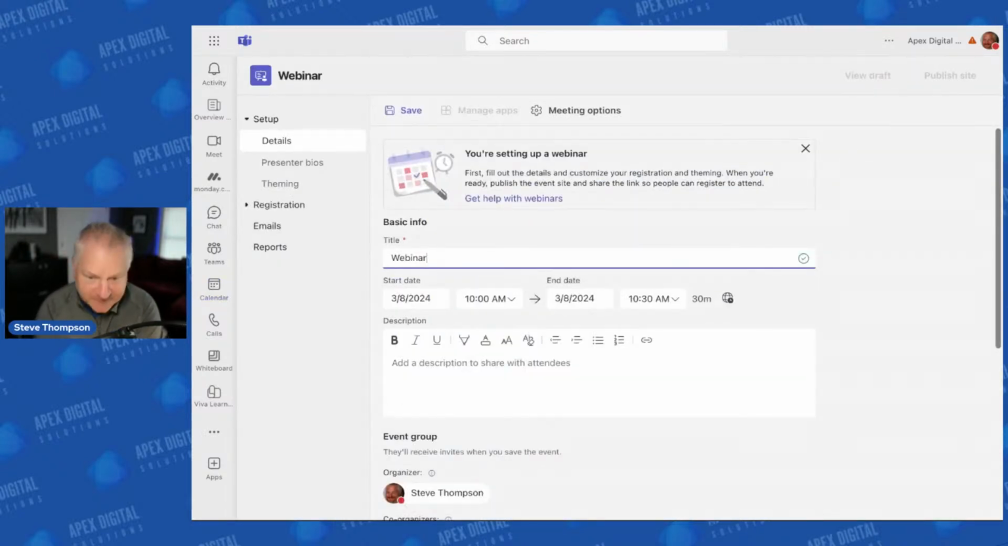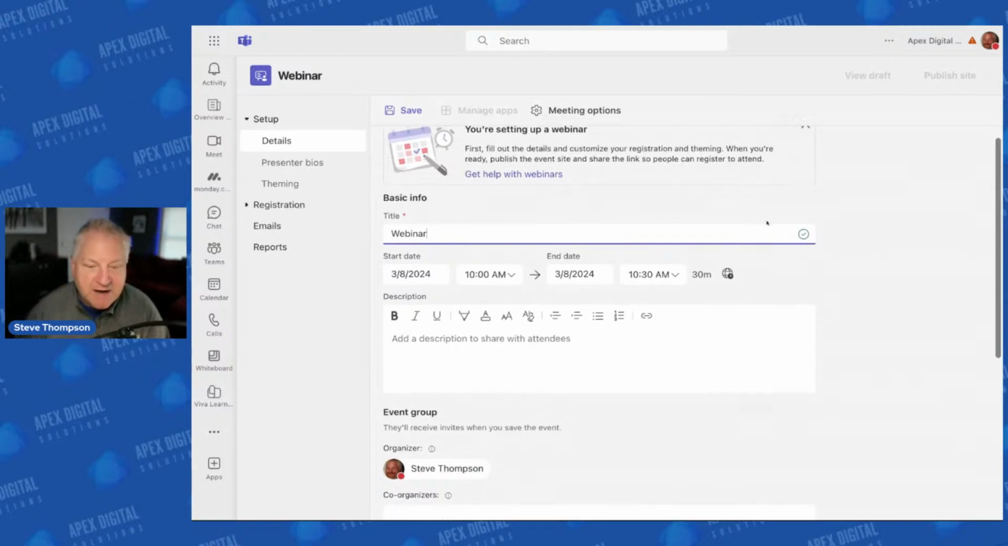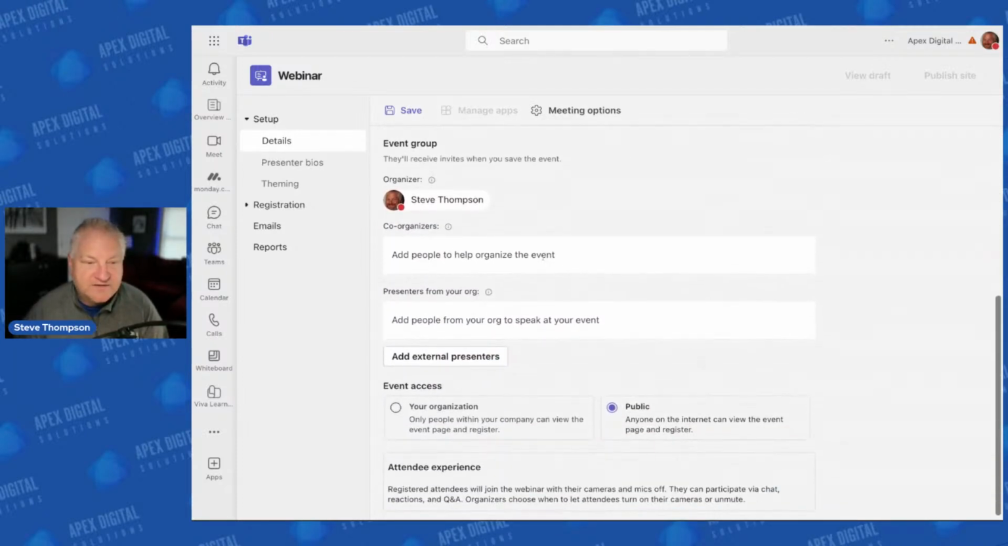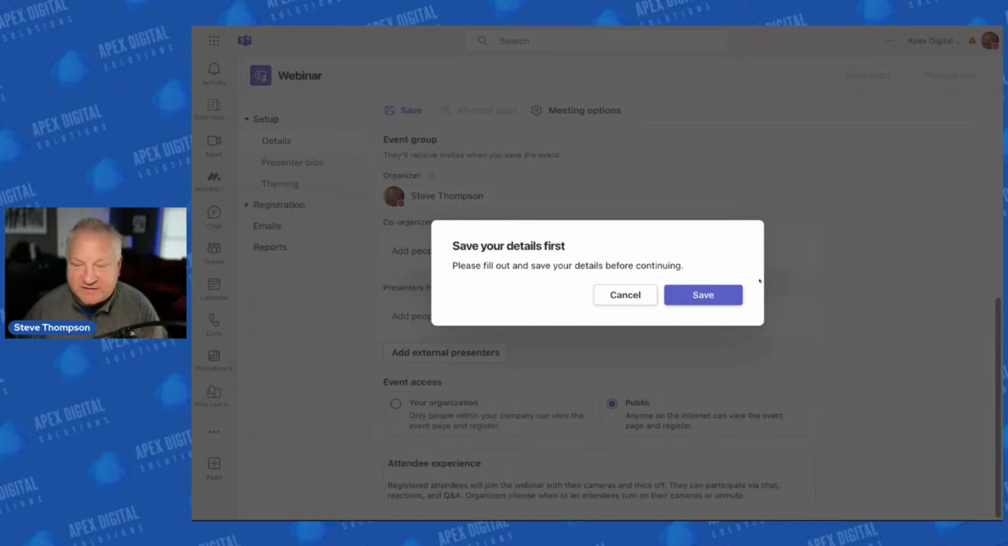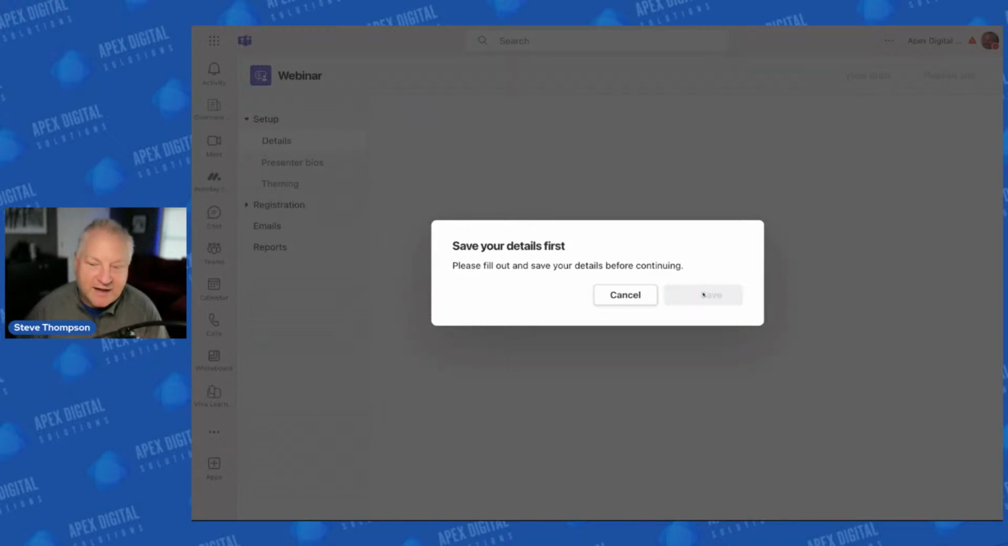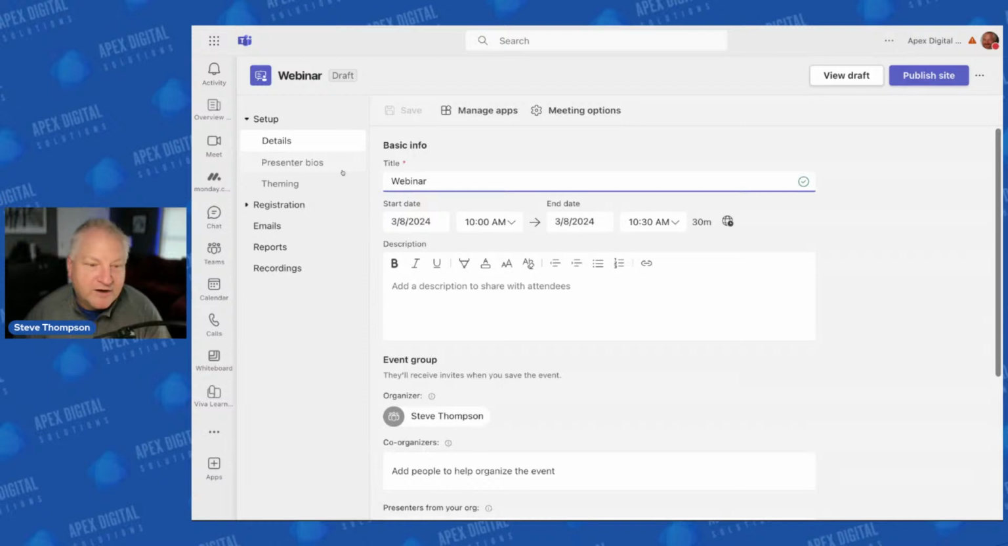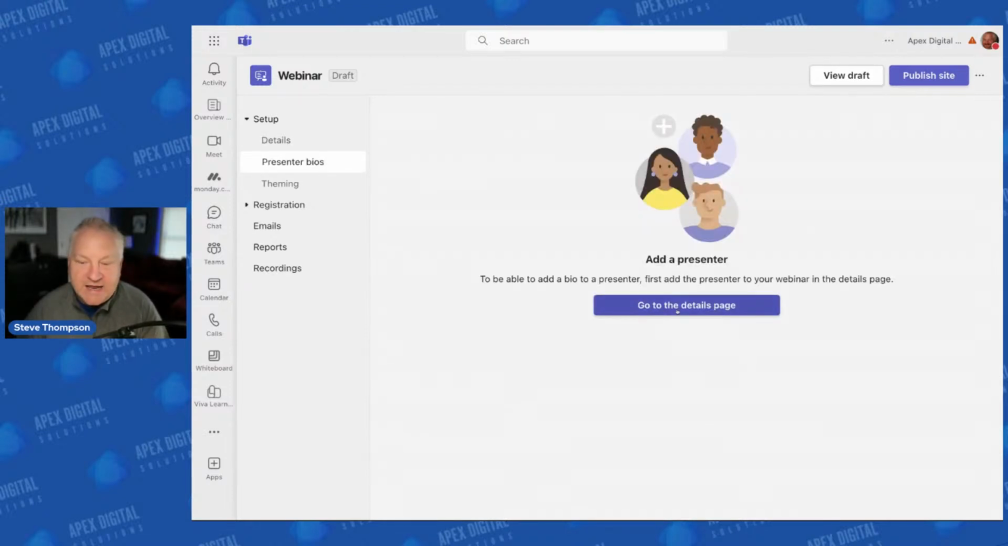So this is really designed with external in mind. We can see the same principles we had with the town hall. There's one level of event access missing here. It's escaping me right this second, but we've also got built-in things like presenter bios, right? Just real easy ways to embrace what it looks like to make a